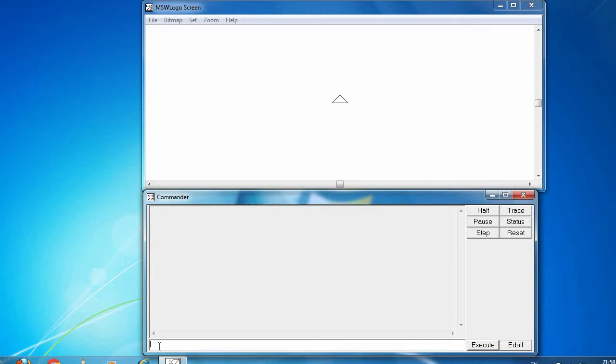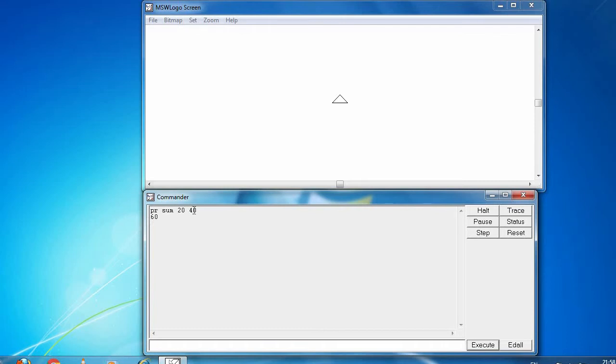If I want to do a calculation, that is addition, in the last class we did it using the plus symbol, but in today's class we will use a particular mathematical term, which is sum. Sum means addition of two numbers. If you want to find the addition of two numbers, simply use the print command pr and then sum of, let's say, 20 space 40, and simply click execute. You will get 60.